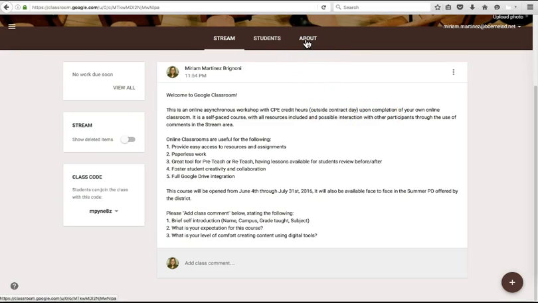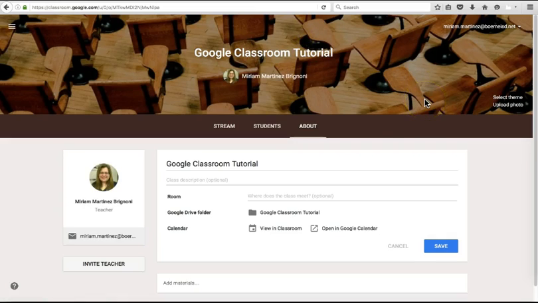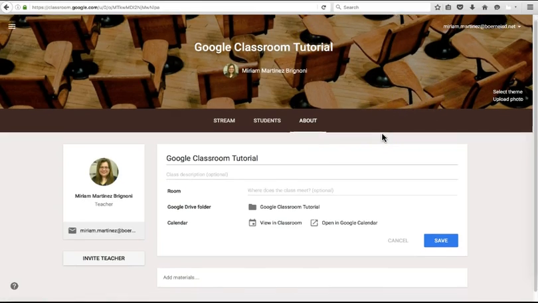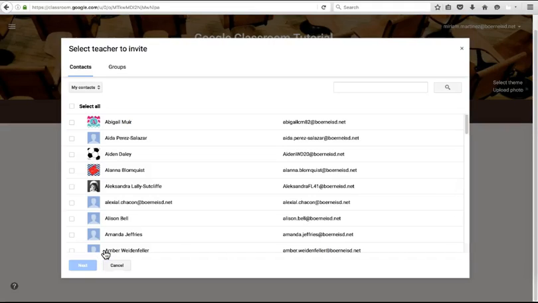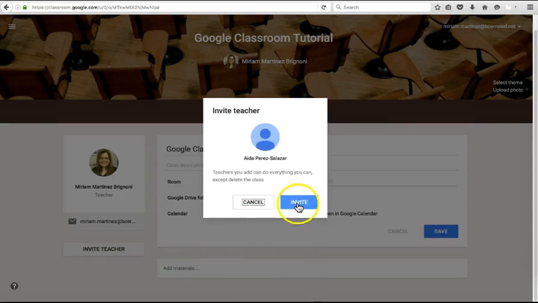Another interesting feature, and I'm going to jump here, I'm going to go to the About tab, and another interesting feature that you have here is the availability of you inviting another colleague to collaborate with you. In this case, I'm going to just choose one of my colleagues just to show how it works. So I'm going to send an invite to Ms. Perez. I'm going to click Next, and you see that they are going to be able to see everything you do, and they're going to have complete access except to delete the class. Invite,